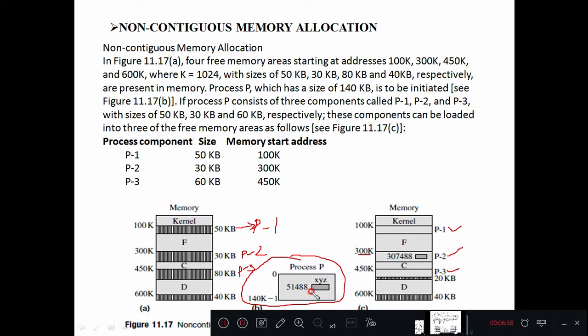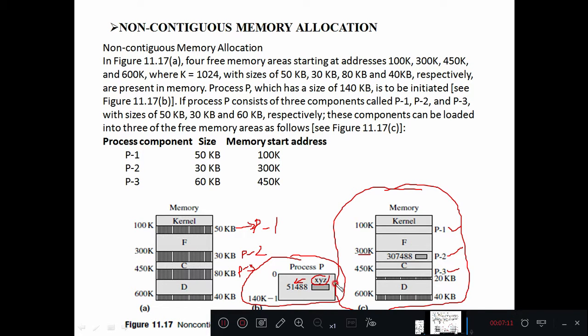So whenever particular data or instructions are calculated from the logical address, the operating system needs to first calculate what its actual physical location is. It has to identify where that particular data or code exists in this physical memory. So this is nothing but a hard disk or a physical memory, right? Let us say for instruction XYZ, its memory location is 51,488, so this is mapped into the actual physical memory, right?